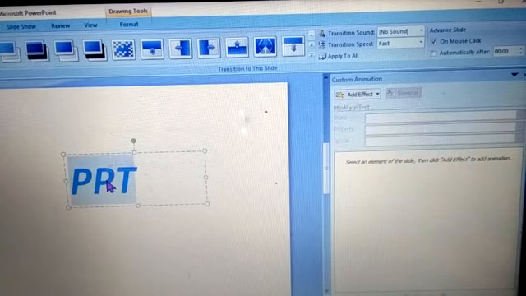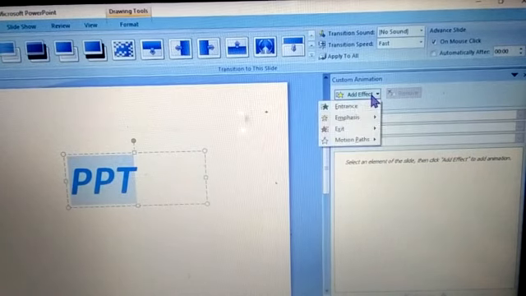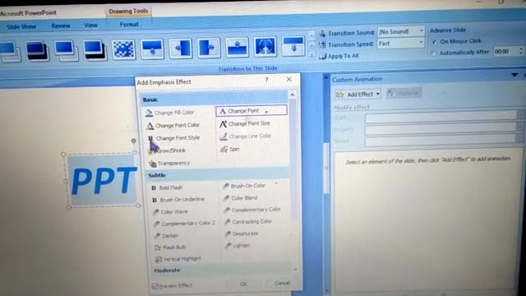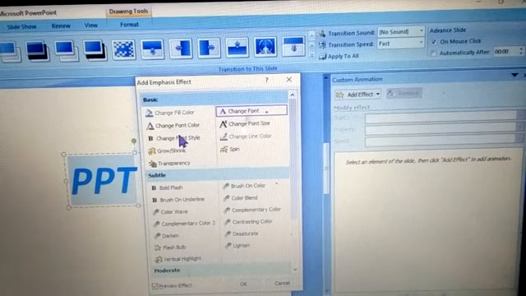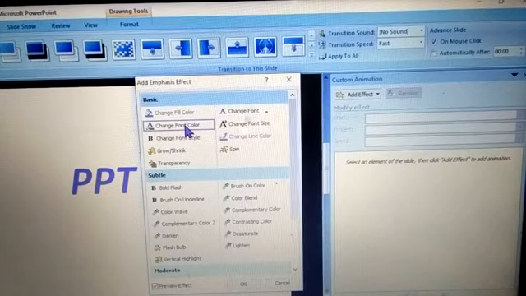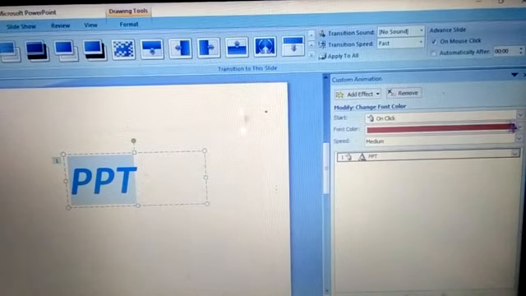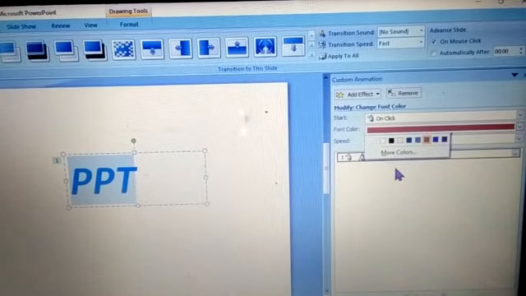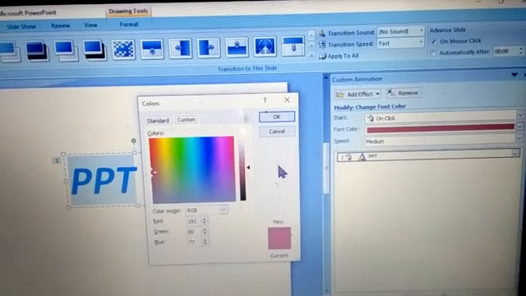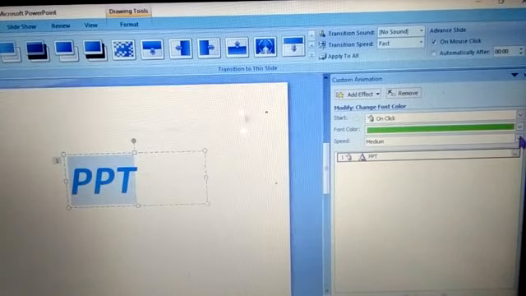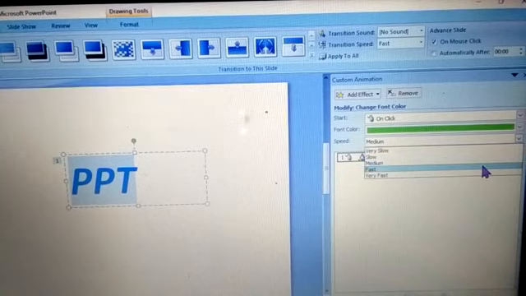Now to change this, we will go to add effect, emphasis, and more effects. Then these are here, like a change of font style you want, or change of font color. Let's go with this change of font color. See, you can see the change that is happening here, and you will click on OK. You can make all the changes that you want, like font color. Like if you don't want this color, you want a drastic change from blue to green, it should change, and you say OK. And it should be medium or very fast, I say fast.